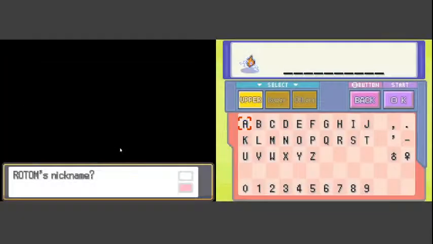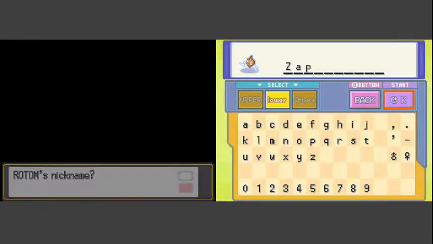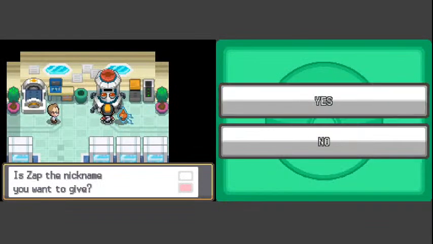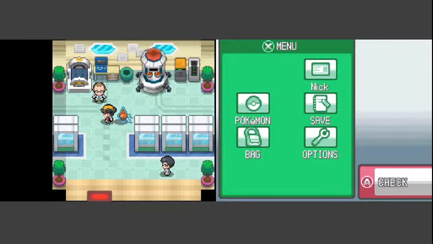So this is the first one we have to nickname here. I was just thinking something simple like Zap would probably work pretty well. Fitting the electric type theme here. We will give him the nickname of Zap. So,